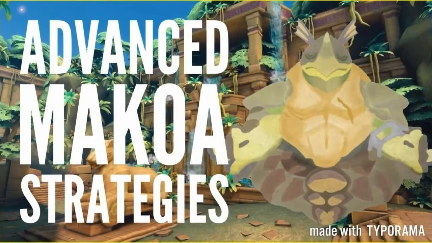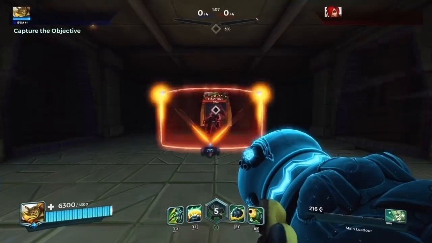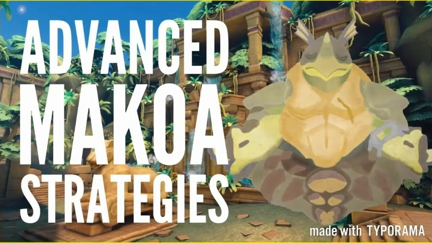Now that we've gone through everything else, we can move on to some of Makoa's advanced strategies. The first part of this section of the video will be things to know rather than actual strategies. The first thing you should know is that Makoa's hook does not go through shields. The next thing, and this is a very big struggle for Makoa, is that his hook is blocked by CC